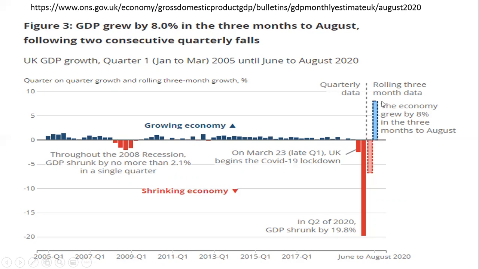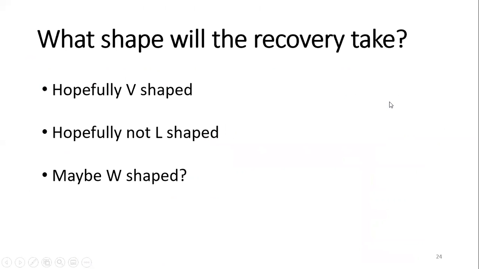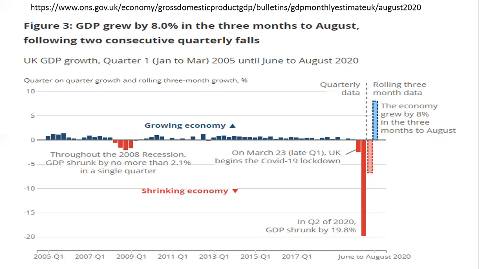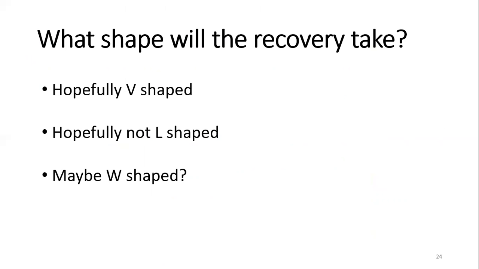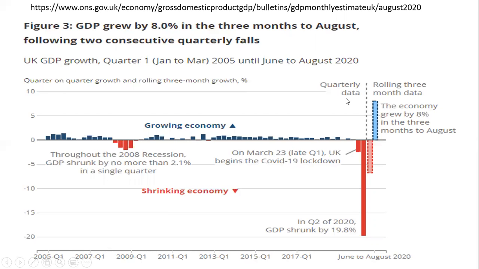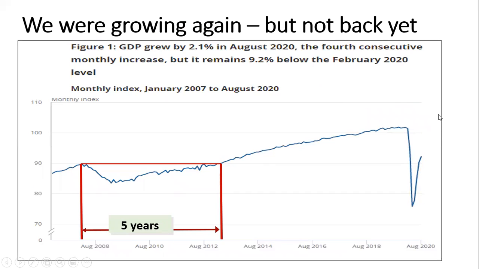We see it was bouncing back though towards the end of last year, but that was before the recent lockdown measures went back into place. So when we talk about the economy recovering, we're talking about GDP coming back up, national income rising again, and people having more job opportunities. So let's hope the economy recovers in a V-shaped way, which is we've gone down quickly, then we just come back up quickly to where we were. We take off where we left off.